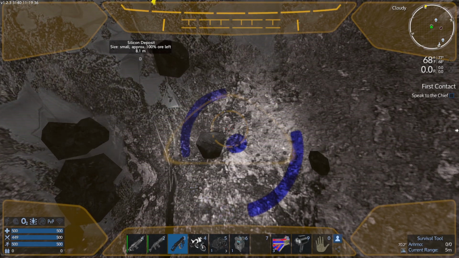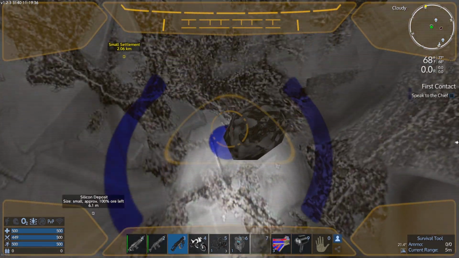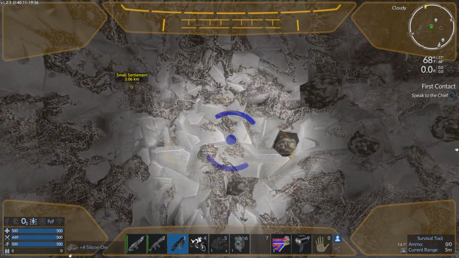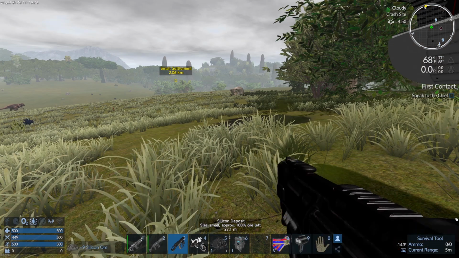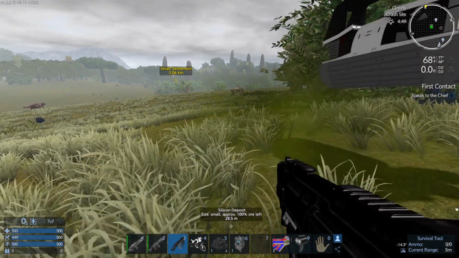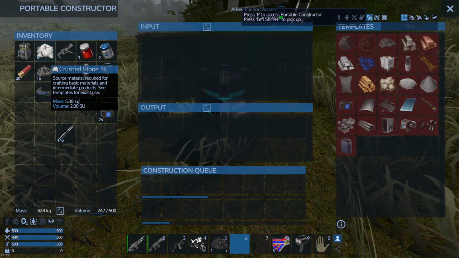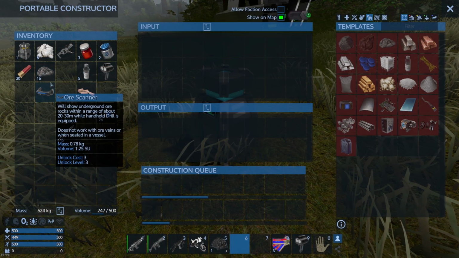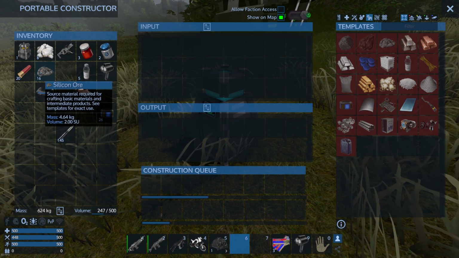Crushed stone. There it is. There's the sweet, sweet silicon. Okay. Alright. I would like to know what is heavier. So what we're going to do is put that down, put that in there. What am I thinking about? Mass or volume? Volume's what I really worry about. Okay. So the volume on